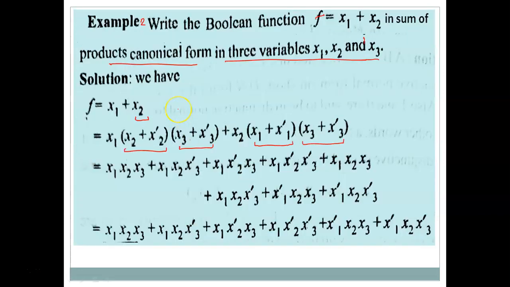So note one more thing. In this case, the number of minterms that are appearing in the expression are 1, 2, 3, 4, 5, and 6. But for the case of three variables, you can have 2 raised to power 3, that means 8 minterms. So 8 is the maximum number of minterms that can be obtained. But here in this particular example, we are getting only 6 minterms.